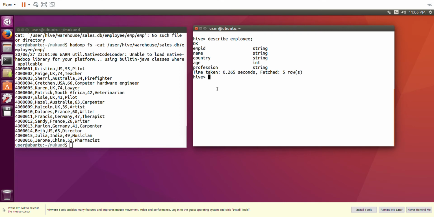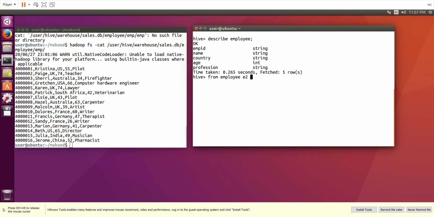So from where will the data come? The data will come from this particular employee table only. This is the source of the data. It has normal data, and another table will have the partition data. So from employee E2, we are creating one object of this employee table E2, so that we can refer to the columns of this employee when we are inserting the values in the new table.